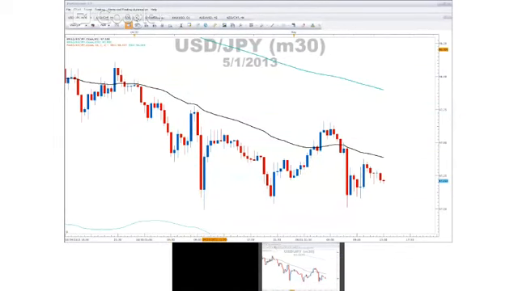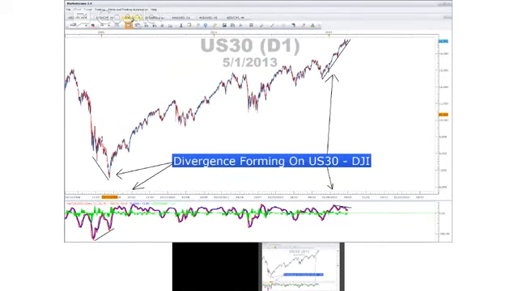Okay, so we looked at MACD, and that last thing I wanted to show you or leave you with was the current divergence we're seeing on the US 30, which is the Dow. All right, next,